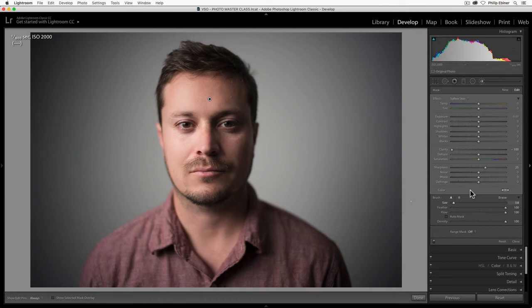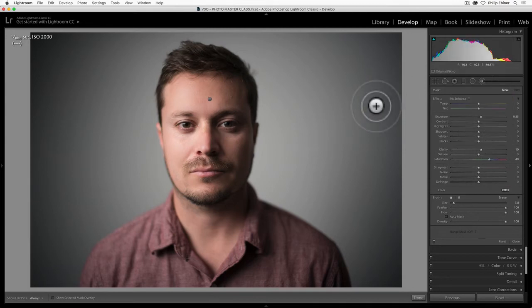Another way to turn these effects on and off is with this button down here, and that just turns off the adjustments from this brush or from this panel. You can see all of these adjustments down here have this sort of on-off switch on the left-hand side. So that's an easy way to see the softening of skin, which a lot of people like doing as some basic adjustments like that. If you don't want it to be so strong, you can just increase the clarity so it's not as soft.